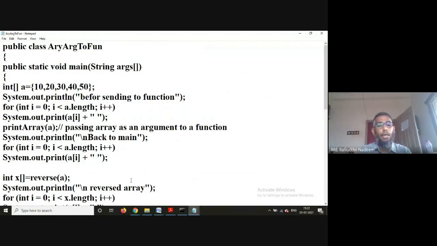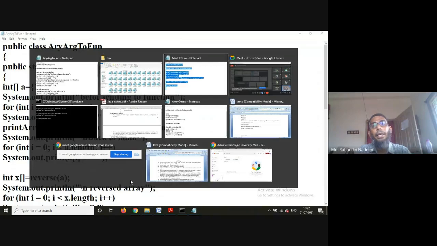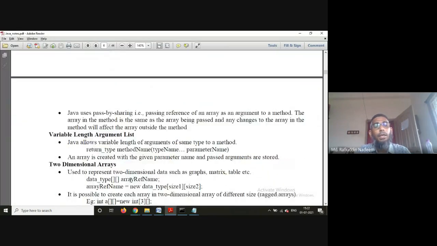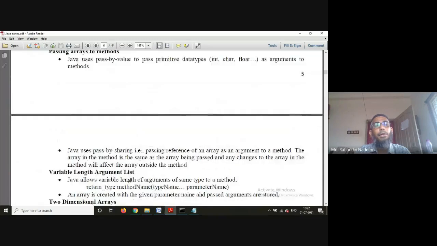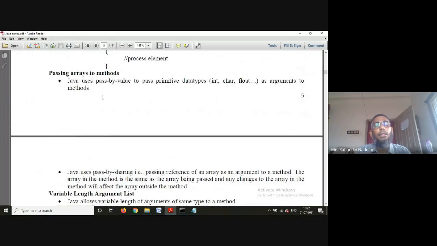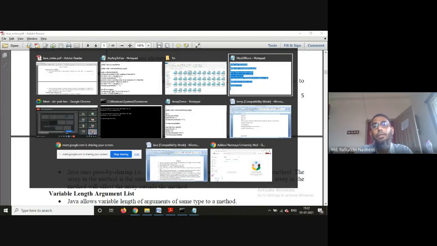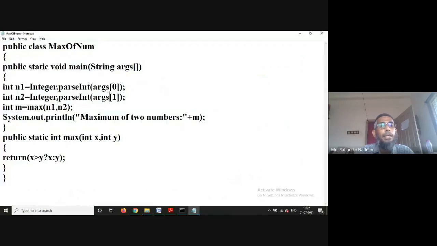Now, passing an array as an argument to a method. Passing an array as an argument to a method. So when we pass values to methods, they pass by value in general. Just now we have seen this program that we are passing these two values as pass by value.